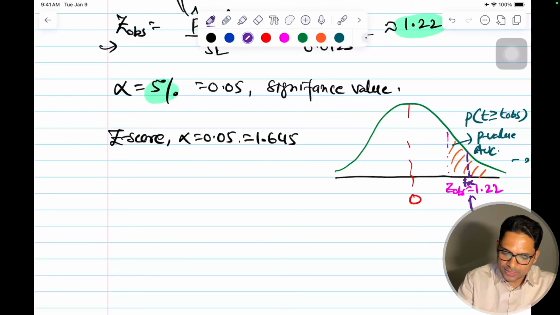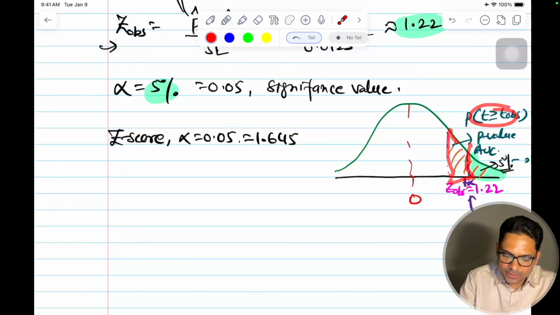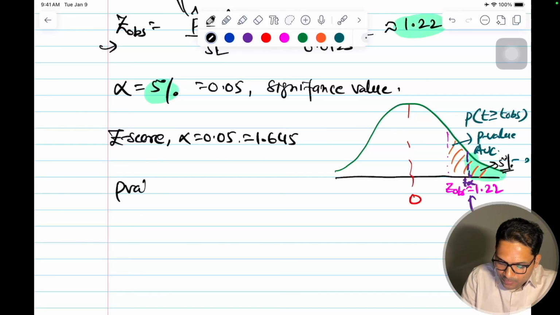Let me color it for you. This value is your significance level or significance value. This is 5%. So definitely my area under the curve, the p value, shows that my p value